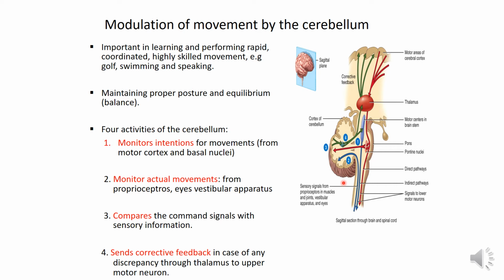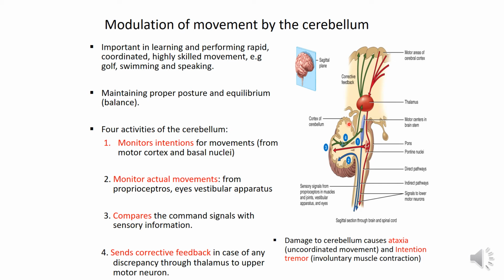How can we know this? We know this from lesions. Damage to the cerebellum causes ataxia. Ataxia means incoordination of voluntary movement. The subjects cannot produce rapid movements, like for example repeated supination and pronation of the hands. And if you ask the subject to move his finger to the nose, he cannot stop his hand at the intended point. He has what is called dysmetria. Dysmetria means he cannot stop his hand at the intended point.